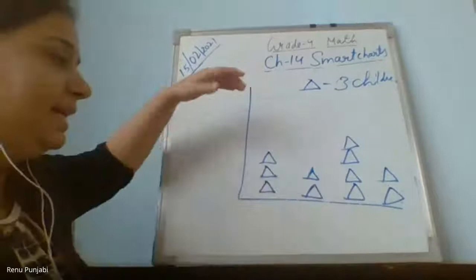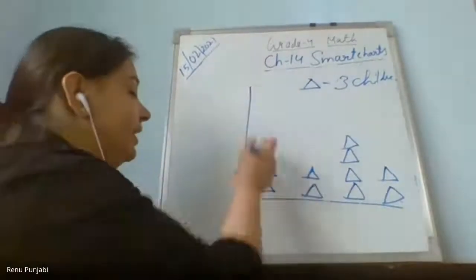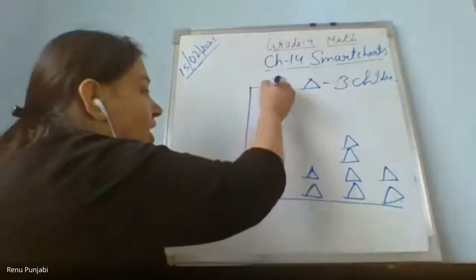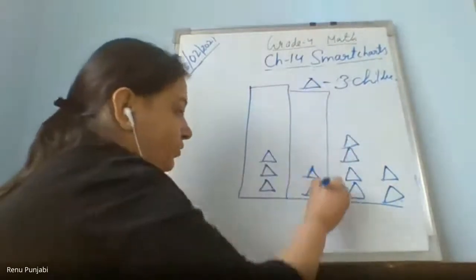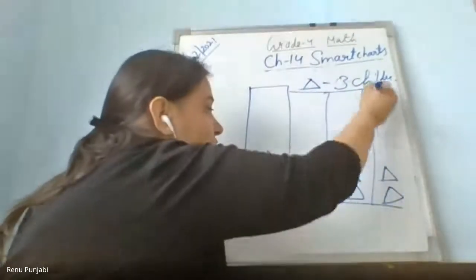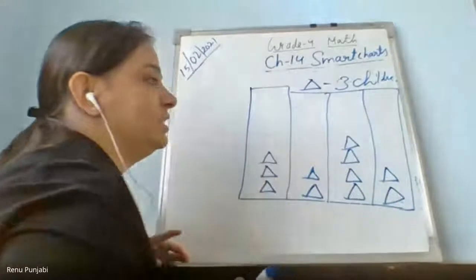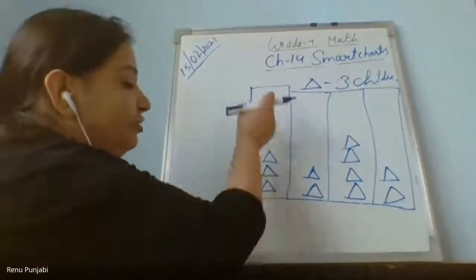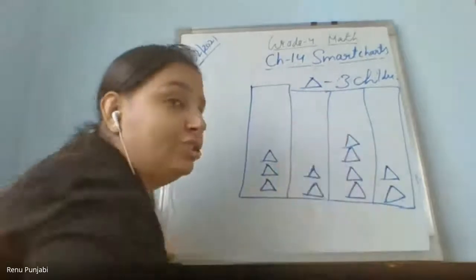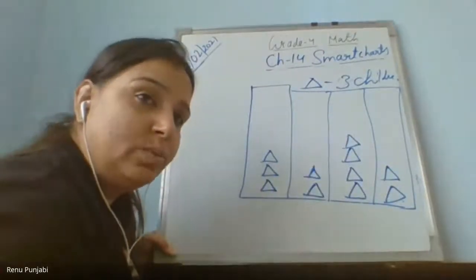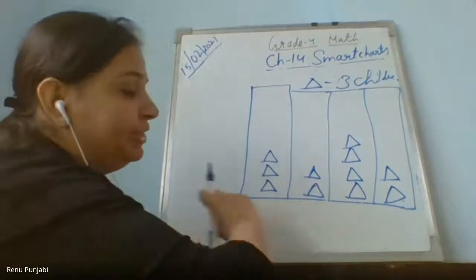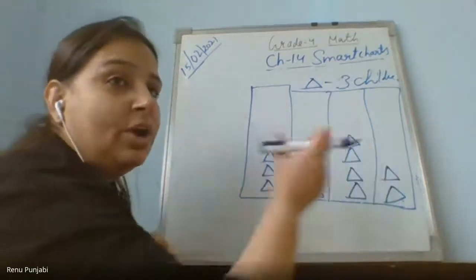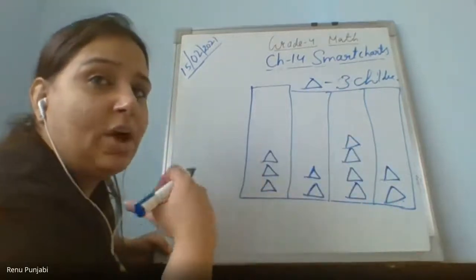So please note, when a vertical pictograph is given to us, the pictures have been drawn vertically, standing. It can be in this form or they can cover it in this form also. So don't get confused about why this is covered and why this is not open. Just see that pictures have been drawn vertically, then it is a vertical pictograph. And when pictures have been drawn horizontally in a sleeping way, then it is a horizontal pictograph.